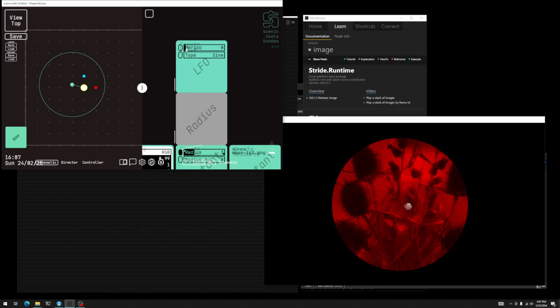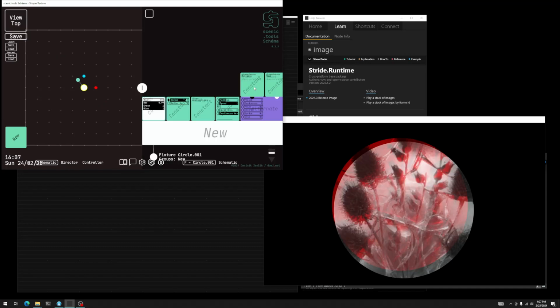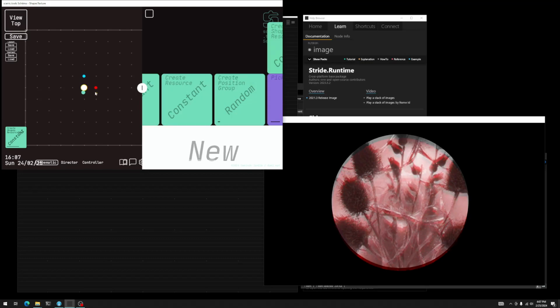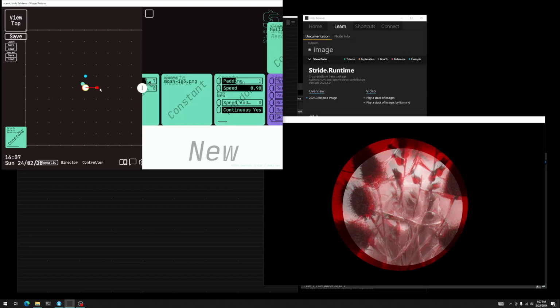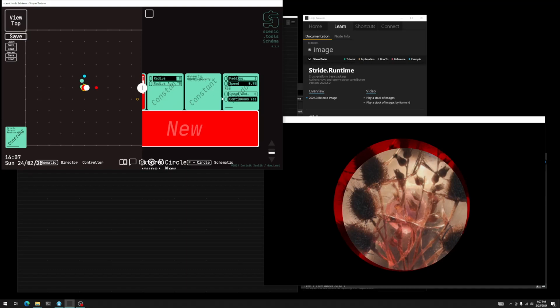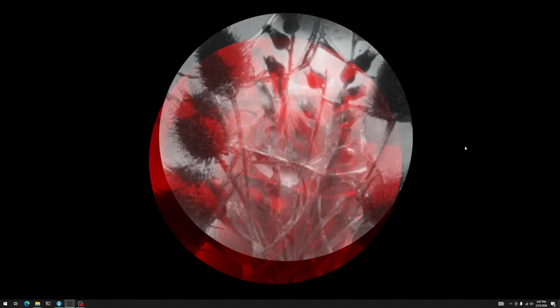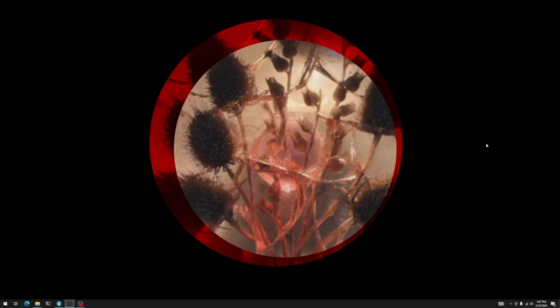And maybe with the right music, this could work. I will also take this, try to select the other fixture, which was kind of hard. And now we can have both of them moving. I can take this, make it full screen with F11, and I have a little animation going on. Obviously, if you use better resolution images, you're going to